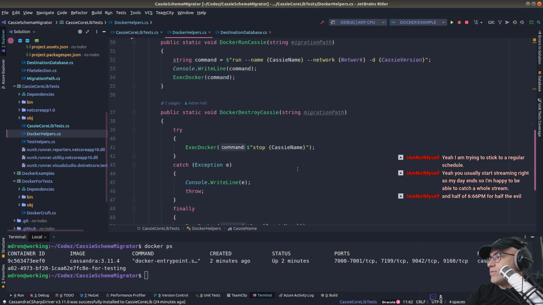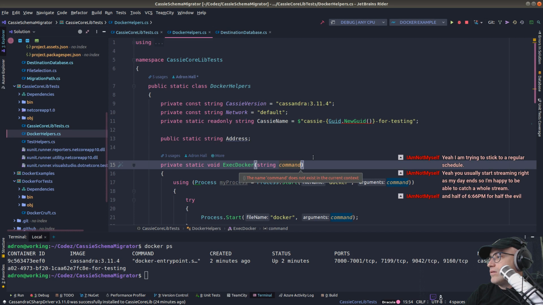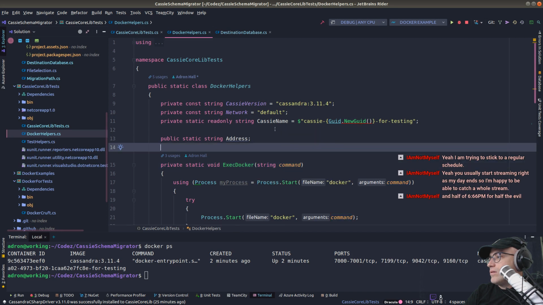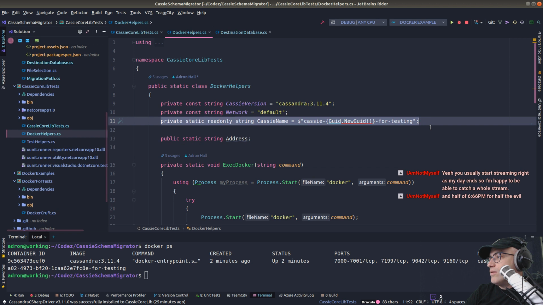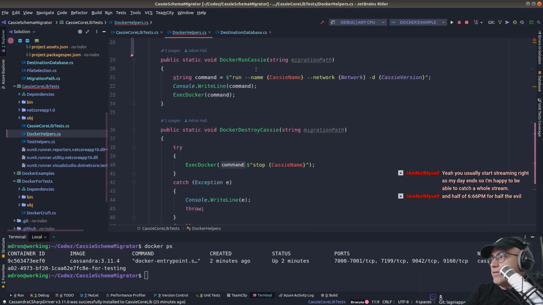So Cassie name's still there. That does that. So static. So I think if I refactor this to not be here and instead be, let's do that. And then I'll need to go down here